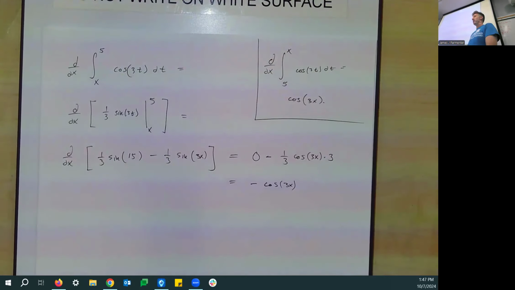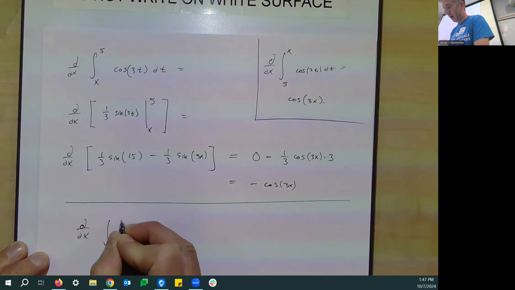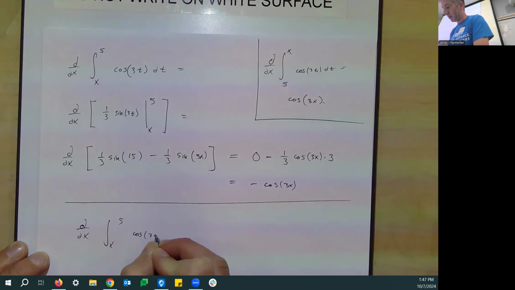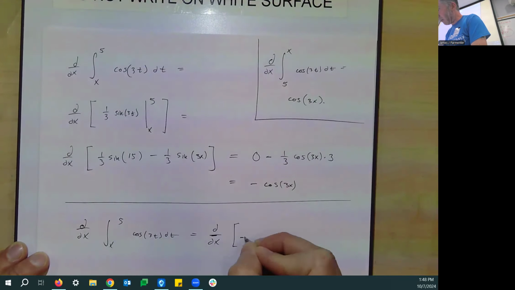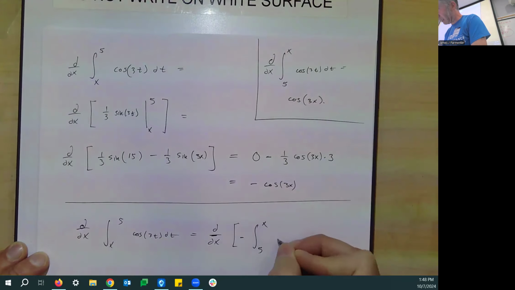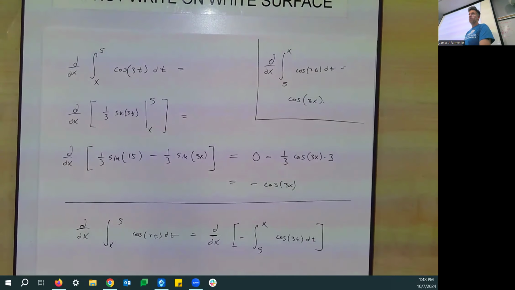So to answer your question in the longest way possible, if the x is on the bottom instead of the top, it ends up negating your answer. And really, you could do this by just knowing that when you change the order of integration, it changes the sign of your integral. So we also could have done this by saying we know that the derivative of the integral from x to 5 of cosine of 3t dt is going to equal the negative, let's write the derivative first, James, the derivative of the negative of the integral from 5 to x of cosine of 3t dt. So then